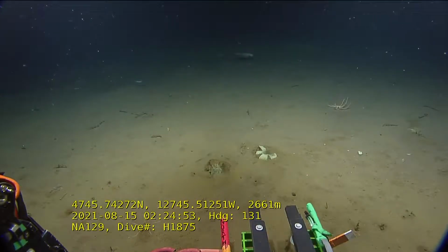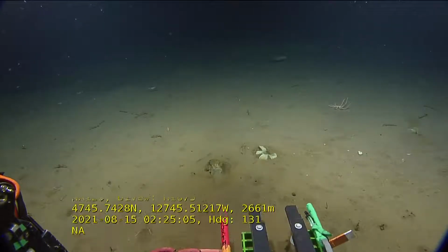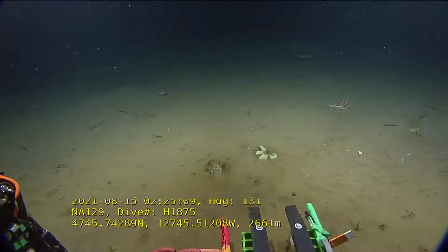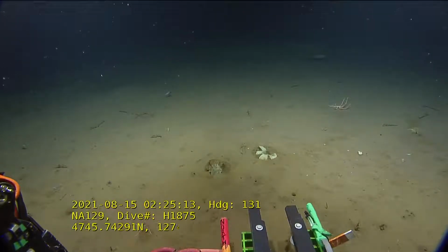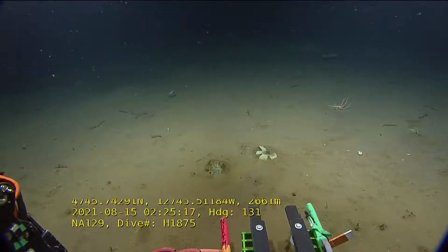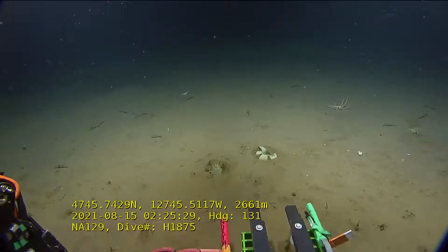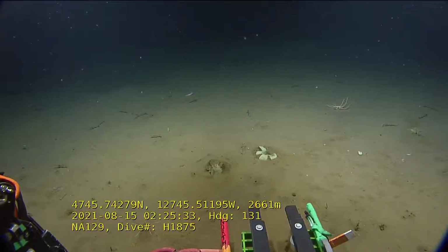So what information are we pulling from these push cores? That would be a Fabio question in the lab. Fauna, eDNA and microplastic. Fabio can go into depth with that if he'd like to. Yes, we're measuring the amount of microplastics in the sediments because we're learning that the deep sea is actually a repository of broken down plastic from the past few decades. We've been finding microplastics even in the deepest trench, the Marianas Trench, for example, and several other trench sites are littered with microplastics, unfortunately. So here is the first study in the Northeast Pacific where we're trying to quantify those in various remote deep sea environments. We're hoping not to find much, but